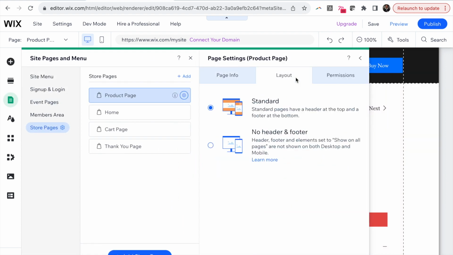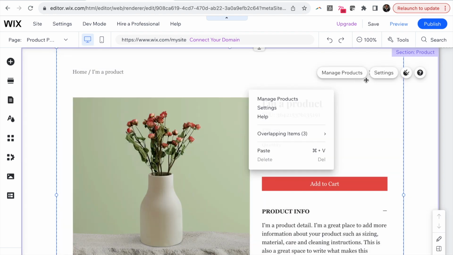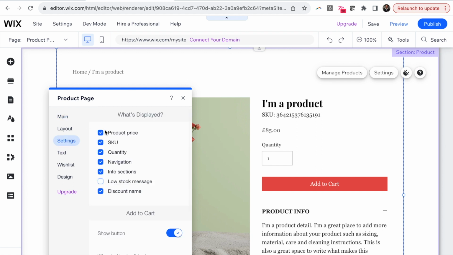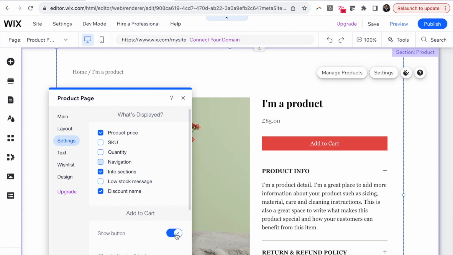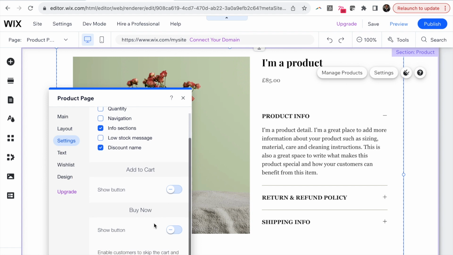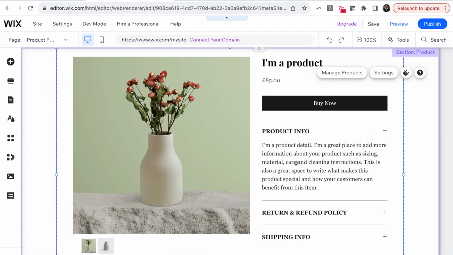So we need to go into the page settings here, and we just want to remove the header and footer from the layout. Then we also want to go into the settings of this section and just remove the SKU, the quantity, the navigation. Also, the button here is an add to cart button. We obviously want it to be a buy now button. So if we just change these toggles here,